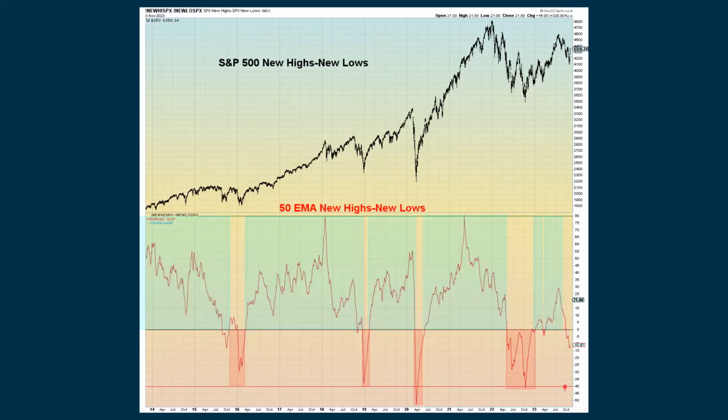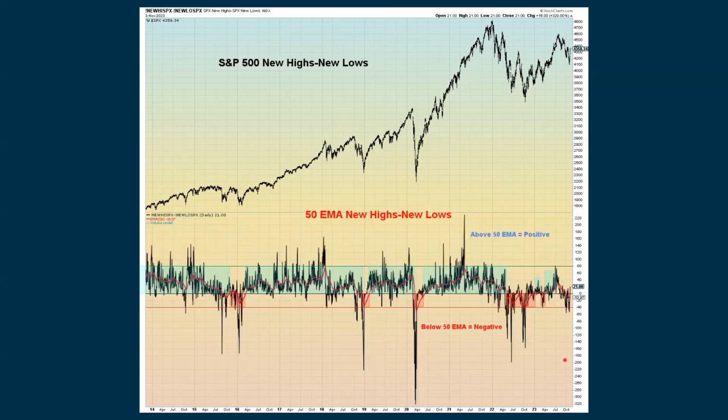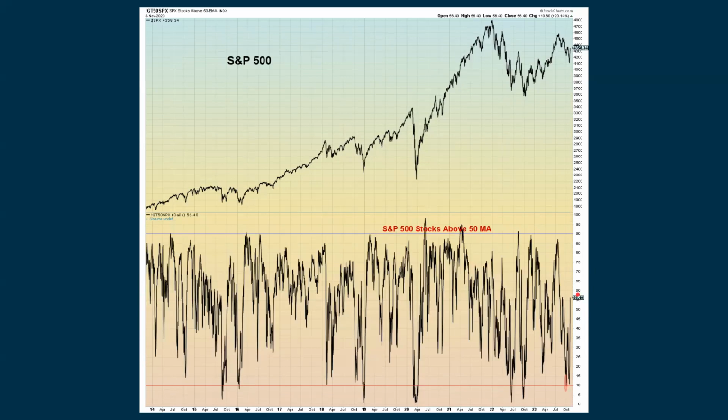And this is showing some improvement. We're ticking back up with our longer term new highs, new lows indicator. It is ticking up, but it's below zero. We've spent 2 days above zero now with the black line, and that eventually, if we can stay there, will turn the red line back up, but it hasn't really done that much yet. When we look at the 50-period moving average study, the S&P, after getting extreme negative, we're now crossing above 50. That's kind of the line in the sand between positive and negative. We closed at